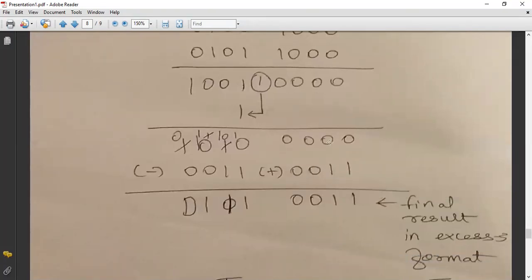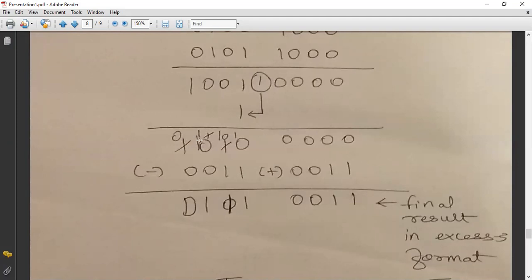0 plus 1 is 1, and 0 plus 1 is 1, 0 plus 0 is 0, and 0 plus 0 is 0. Now for this part we are going to perform subtraction. So 0 minus 1 not possible, so borrow 1 from the preceding number. Okay, so 10 minus 1 is 1. Now again here the remainder was 0, so 0 minus 1 subtraction is not possible. Again borrowing 1 from the next number, but here the number was 0, so again going to the next number and borrowing 1 from it.